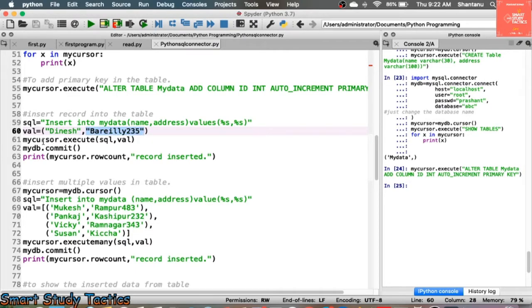Now you are going to execute with mycursor.execute, and you can see mycursor.execute each and every time. I told you this is a very important function which will execute your commands. Instead of writing everything together here, I made separate variables, and the variables are going to be executed. Now mydb.commit ensures that the data will reach the file, and after reaching the file, it is going to be saved, and this message is going to be printed after this.